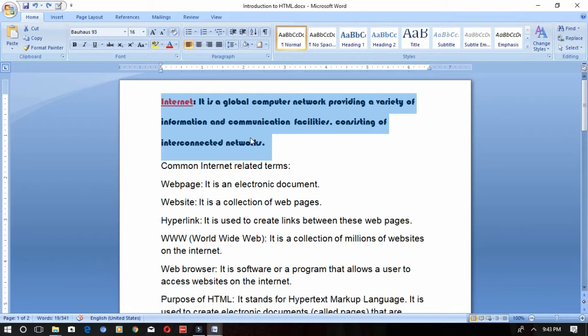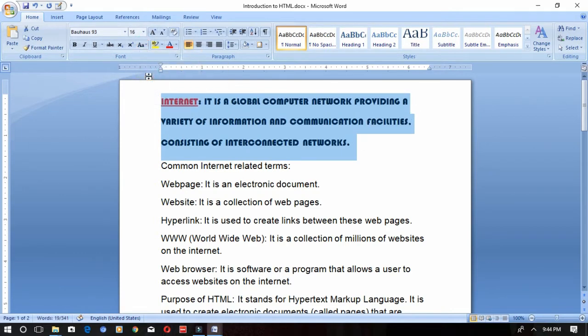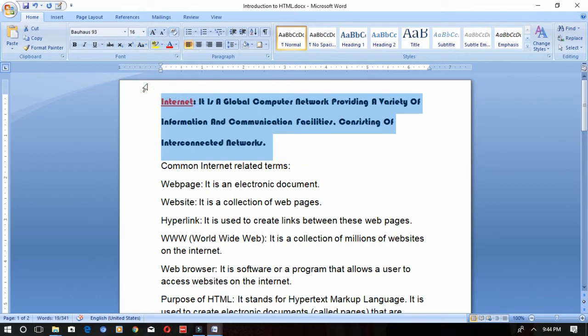Okay, so now let's see some other options. See, this is change case. You have sentence case. Already we are typing in sentence case. What is meant by sentence case? Always after a full stop, you will start with a capital letter. After a comma, small letter. At the start of the paragraph, capital letters. That is sentence case. If you want only lowercase, you can go for lowercase. You can see the change over here. Only lowercase letters. If you want only uppercase letters, you can change it like this.